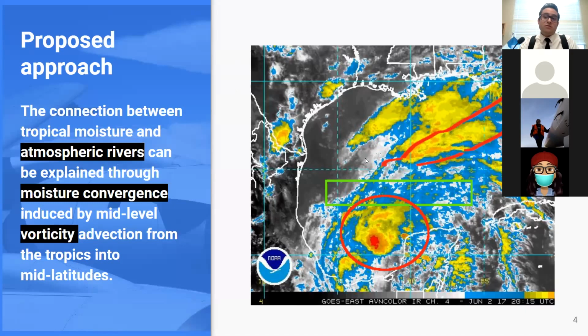Well, our proposed approach, or our proposed question to this answer, would be: the connection between tropical moisture and atmospheric rivers can be explained through moisture convergence, not moisture transport, induced by mid-level vorticity advection from the tropics into mid-latitudes. So since I'm going to talk about atmospheric rivers, and since I'm going to talk about